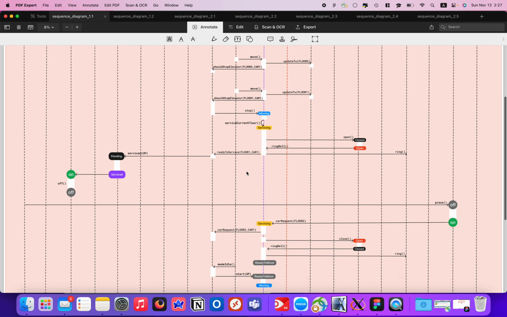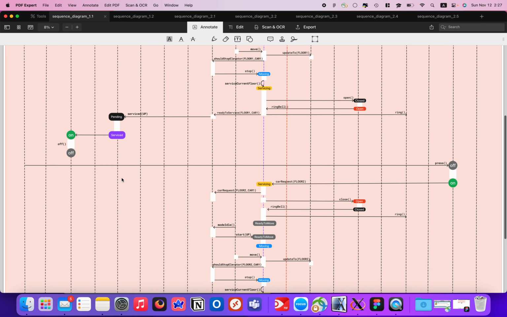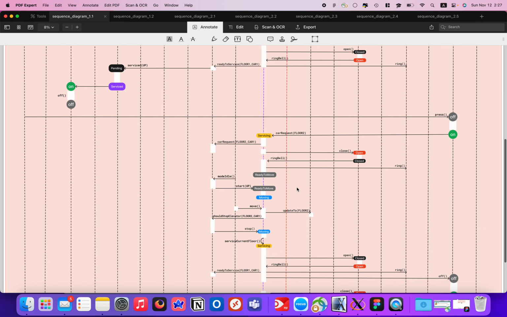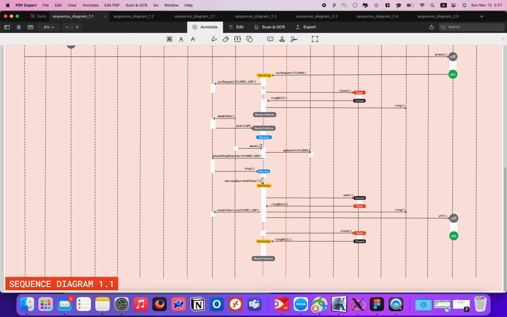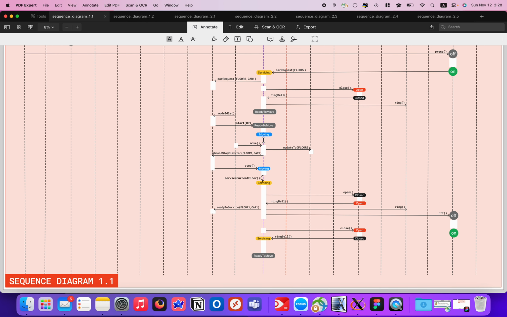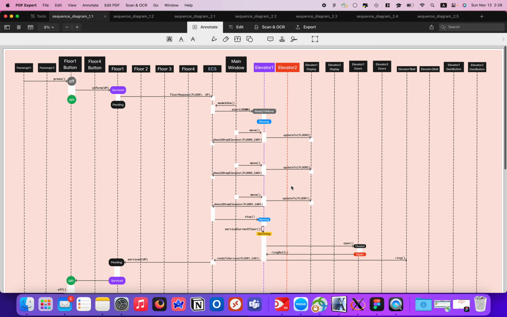And once this happens, we complete the floor request, and then the passenger is going to request to go to floor number 2. And once this happens, the elevator control system is going to record this car request, again make the elevator move to the requested floor, and then stop the elevator at the floor. Then the passenger will get out of the elevator, and then the elevator will again be ready for service. So as you can see, in this case, we have the situation where the elevator is located